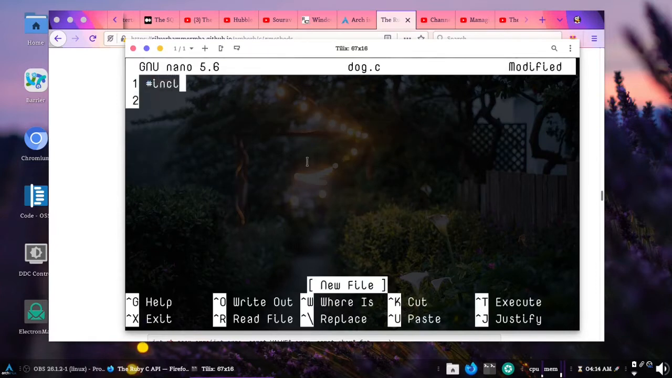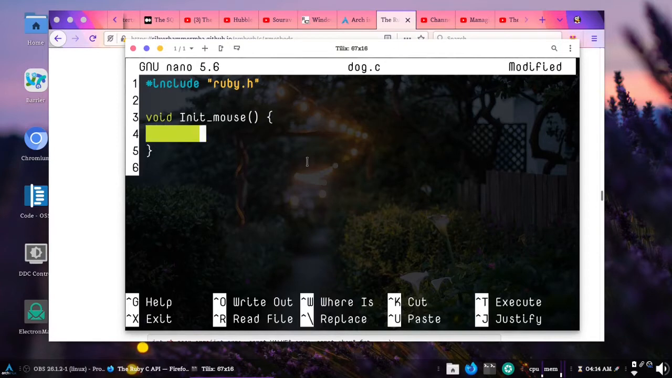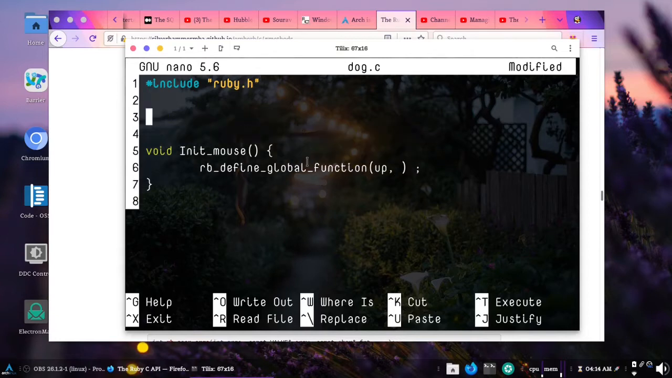We are going to include ruby.h and then we are going to define our good old init function, Init_mouse. So we are going to define our Ruby function in C. To do that, we need rb_define_global_function and then we need to pass the function name. We are going to call it up. So we have to define this here. Let's call it value up